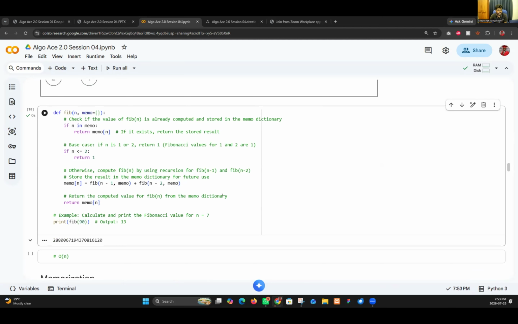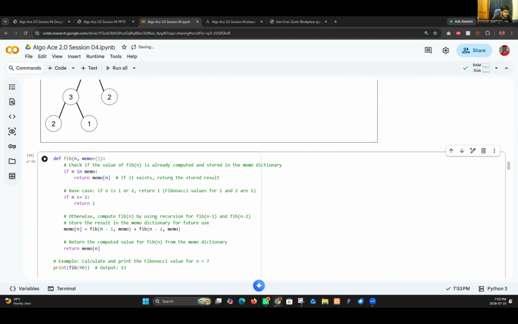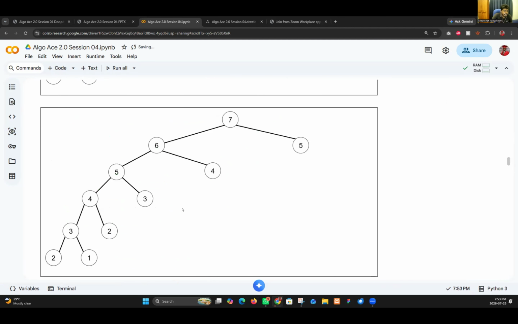So what happened there? The thing is, as I mentioned before, we are memorizing. This is the second technique, memorization. We memorize these values. When this value is needed, we replace it here.